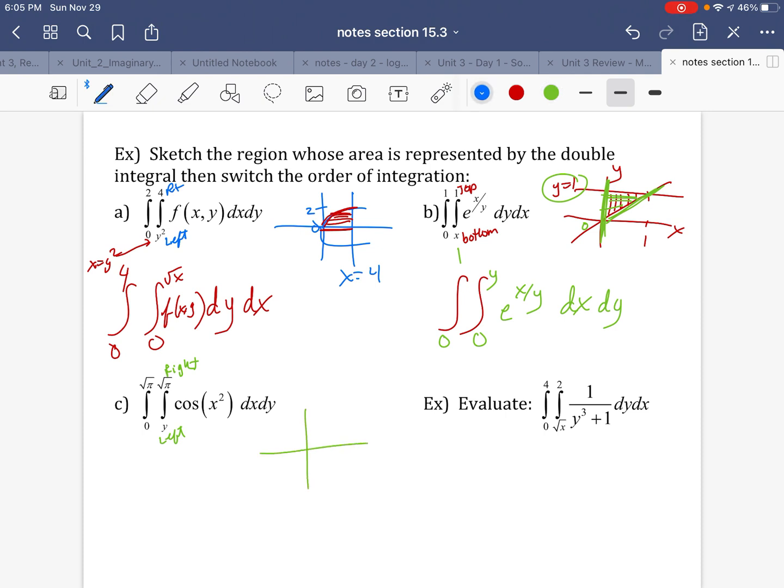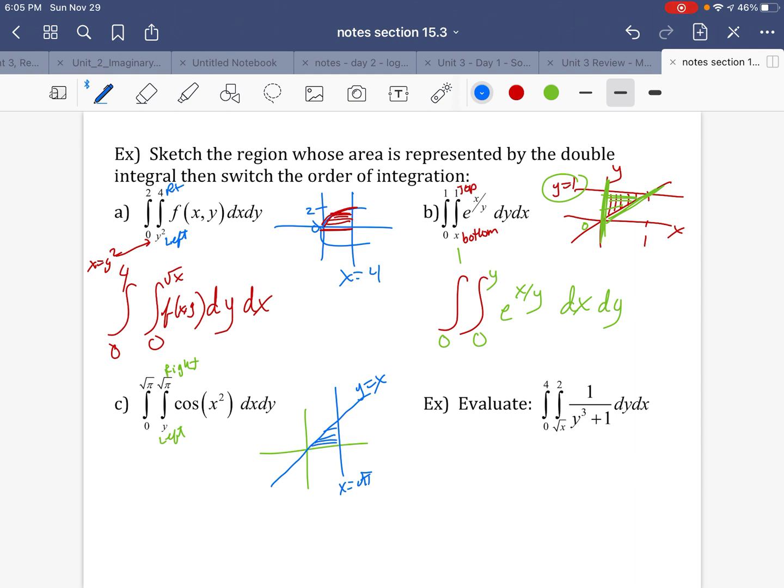I don't like this green. So it's x equals y and x equals radical pi. So radical pi would be like 1 point something. So it'd be like over here, okay? So x equals radical pi, y equals x. All right, so it is going from